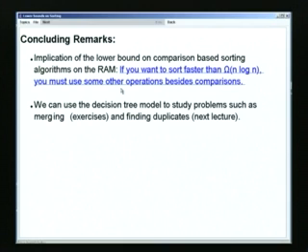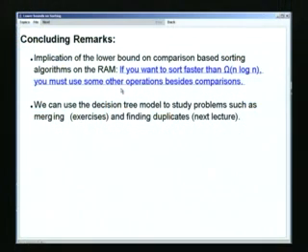In conclusion, we can extend this decision tree model. So, the decision tree model can be used to study other problems as well, not just sorting. In particular, it can be used to study merging problems, which you might think of as very similar to sorting. It can also be used to study problems like finding duplicates,